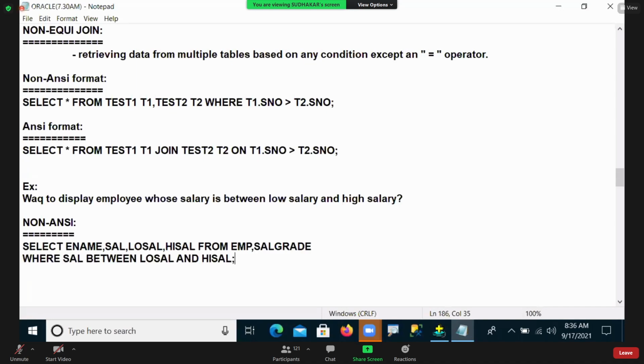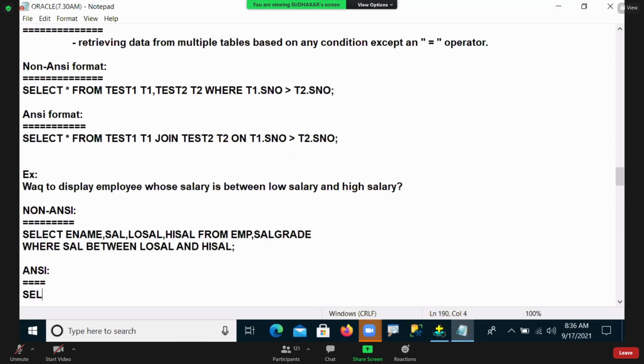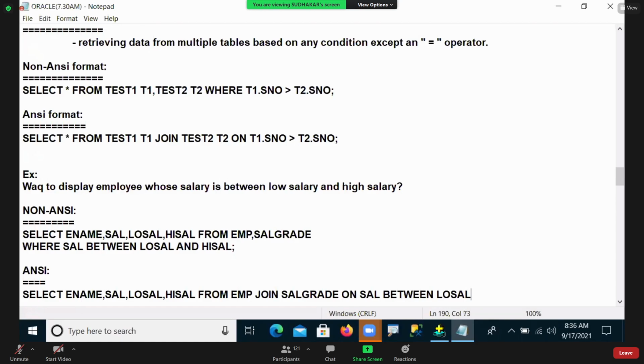Okay, non-ANSI. If I want to write ANSI, how to write ANSI, guys? Select ename, sal, low sal, high sal from EMP join SALGRADE on sal between low sal and high sal.